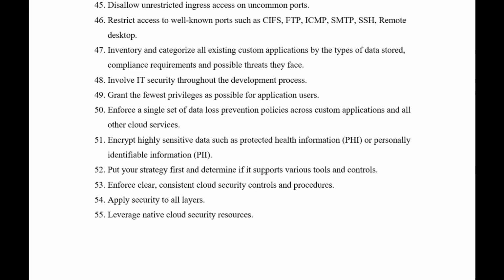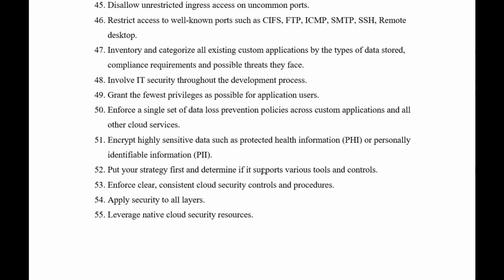If your application or any of your storage resources use sensitive or personal information, you had better encrypt it, even in data transit. So it's better to encrypt highly sensitive data.